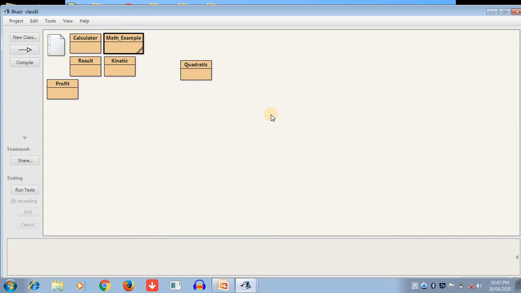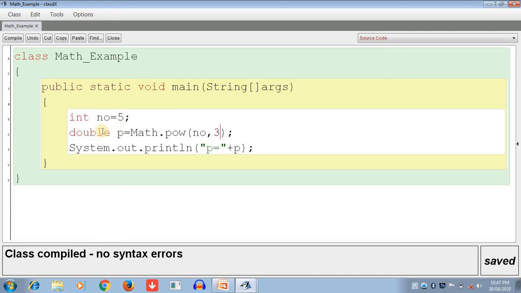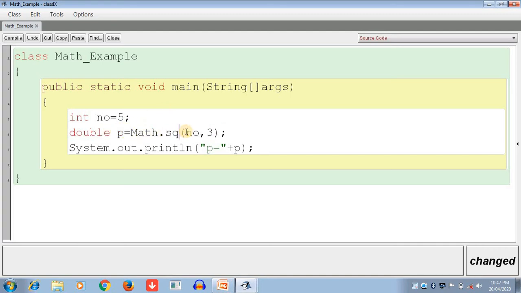Now move on to the next function, that is SQRT. Different types of methods accept different types of values. The SQRT method accepts only one argument, meaning it takes one value.